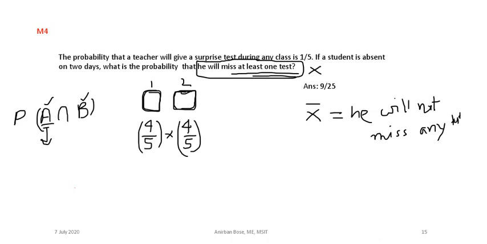So in this way, if we consider A and B, this is the way by which we can calculate the probability of X bar. So we have found out what is X bar. If you know X bar, then the actual answer of the question will be simply you subtract this quantity from 1. So 1 minus 16 by 25 will be the answer, that is 9 by 25. Okay,